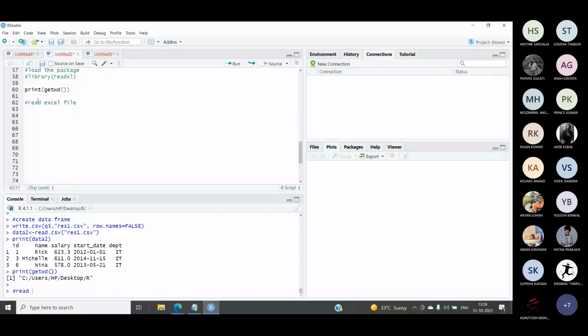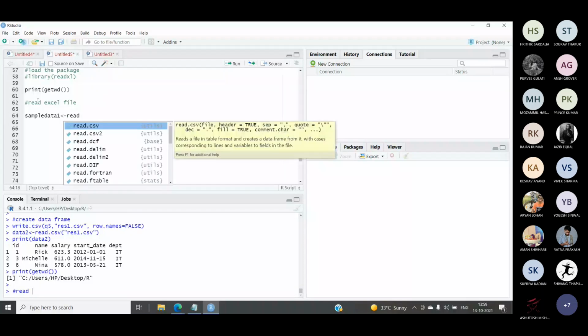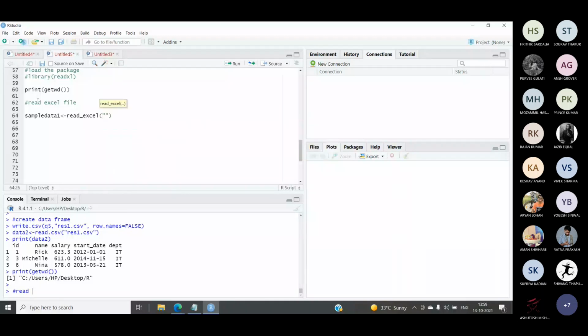For sample 1, I'm taking the name sampledata1 for the variable in which I am reading the file. I will use the function read_excel, and I will specify the file name sample1.xlsx.